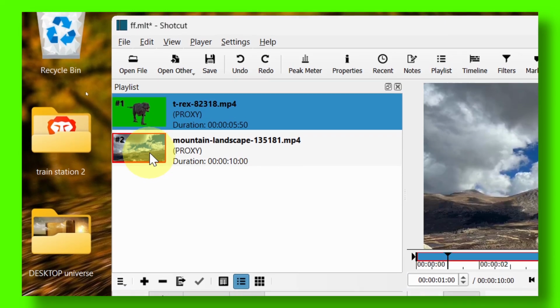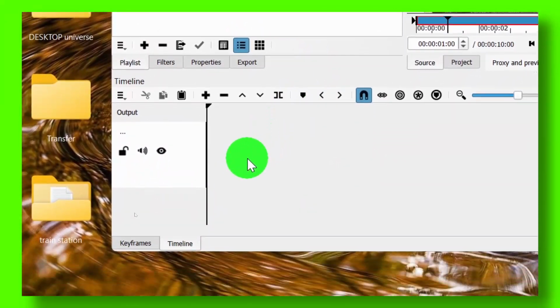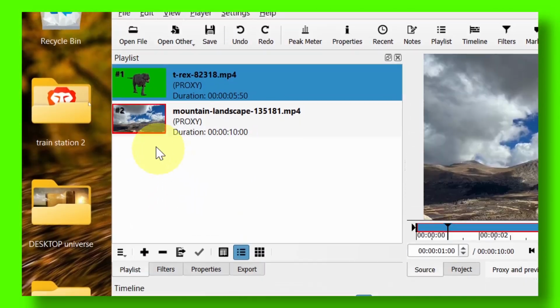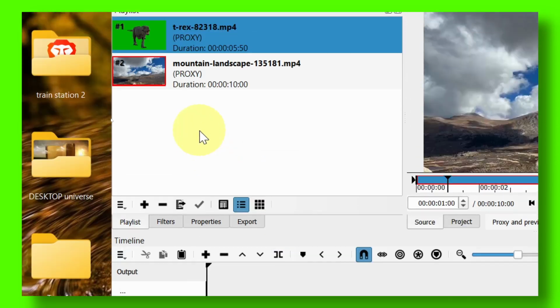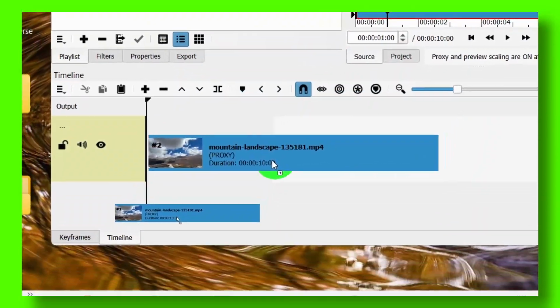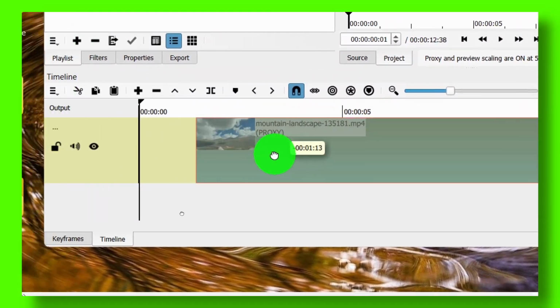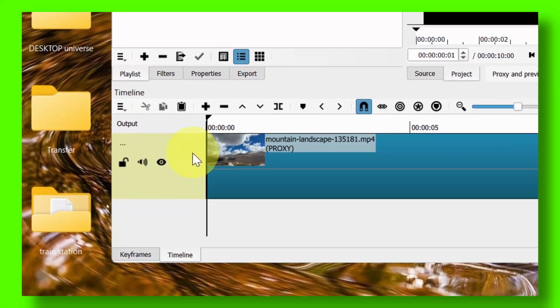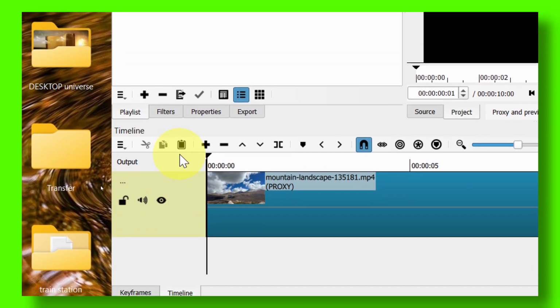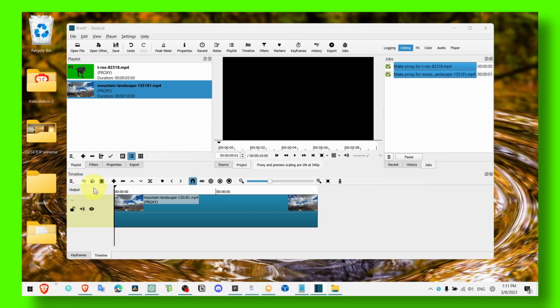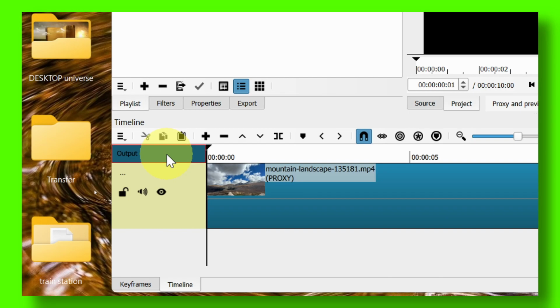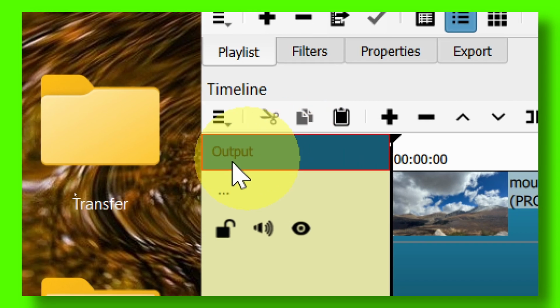So what you have to do, let's grab this video and drag it onto the timeline. Grab it and drag it onto the video, onto the timeline. And here in the timeline, what you have to do is just right click. It should work perfectly. So if you right click here on the output,